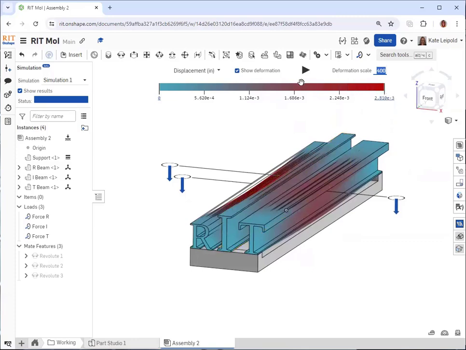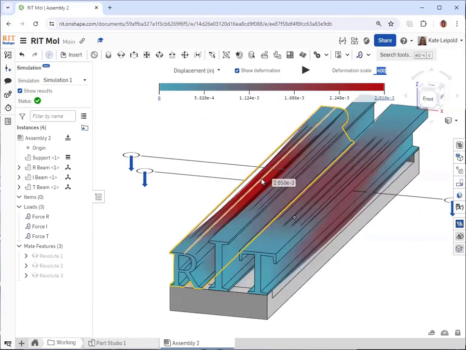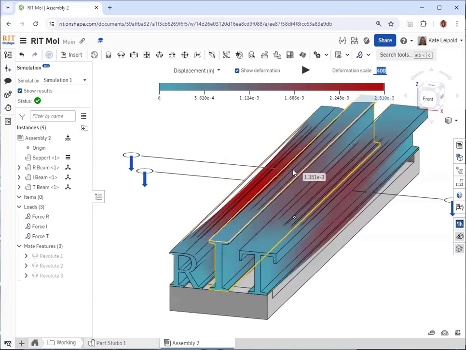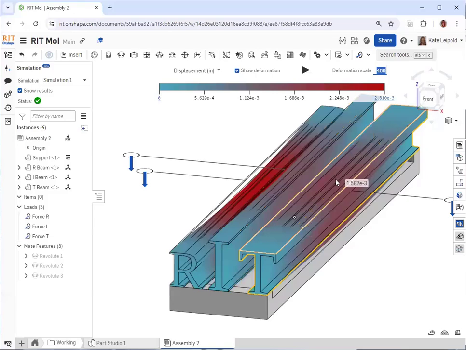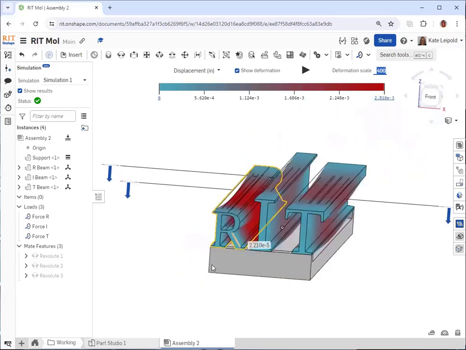So here we've got our max displacement is 2.8, and that is showing up on this R-beam. I can see at the top of my R-beam, I've got that 2.5 thousandths, 2.6 thousandths. On the top of the I-beam, I've got 1.3 thousandths. Over here on the top of the T-beam, I've got 1.6 thousandths of an inch. So you can see that given these loadings, the I-beam is the stronger beam for supporting against a vertical